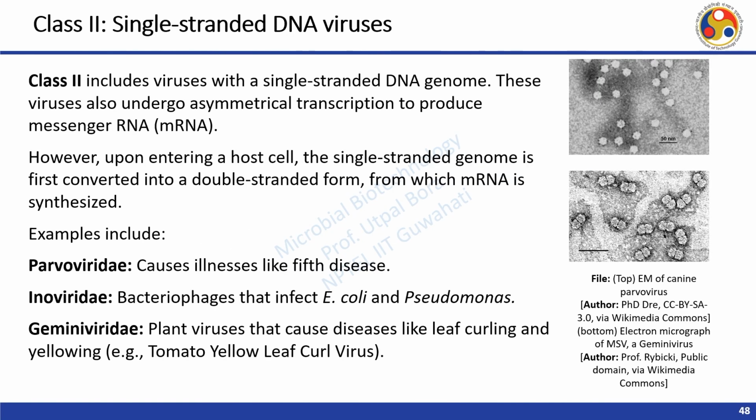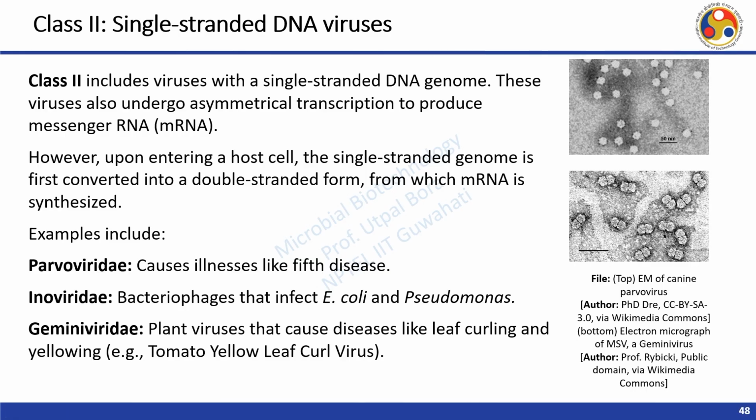In the class 2 viruses, which are single stranded DNA viruses, they include a single stranded DNA genome. These viruses also undergo asymmetrical transcription to produce messenger RNA. However, upon entering a host cell, the single stranded genome is first converted into a double stranded form from which